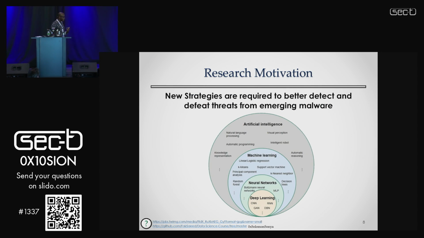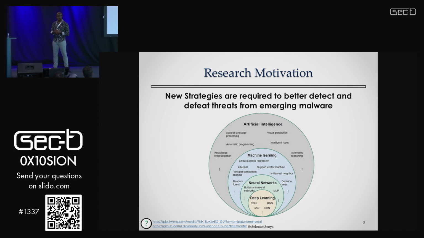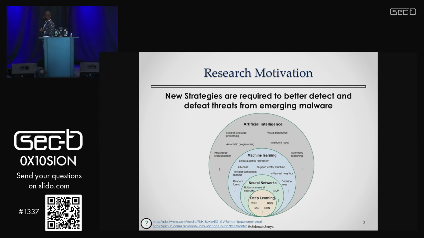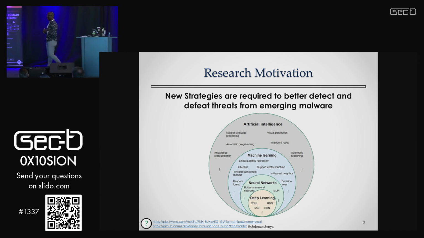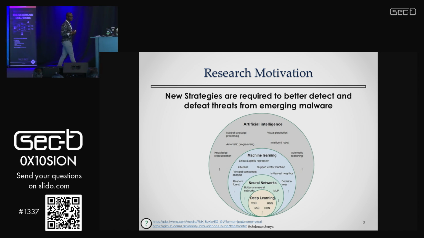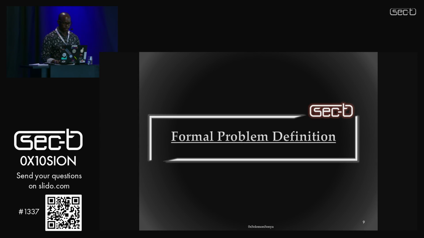It's something that many of us can research, and we'll have to continue to always be researching in this area to hopefully stay ahead of the adversaries. This is something that I posit: we need new strategies to help us better detect the malware of tomorrow. I believe those new strategies lie in the incorporation of artificial intelligence, machine learning, and even natural language processing.